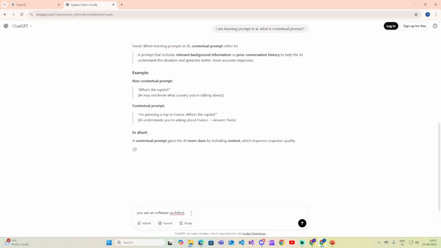Architect. Okay, so we have already assigned the role. Now, what problem are we trying to resolve? As of now, I'll simply ask: for our understanding, explain the difference between microservices and